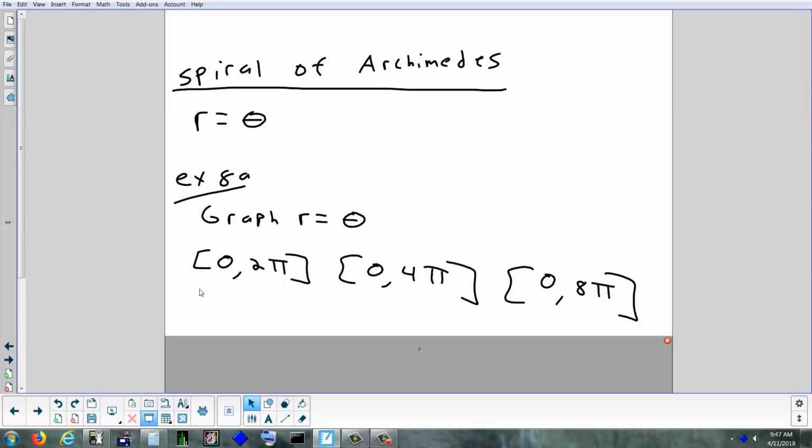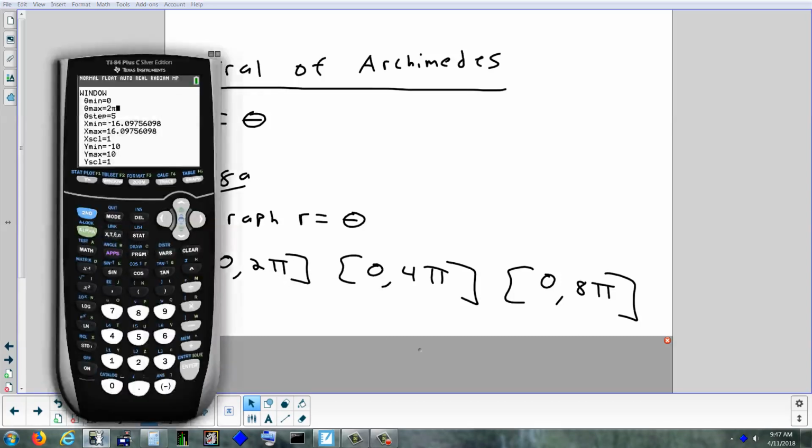Well, Ken, what do you think my biggest radius would be? Just for the first one, 0 to 2 pi. Yeah, it would be 2 pi. The radius can go exactly as big as you let the angle go, because they're the same. So when I set my window, at the biggest, my radius is going to be 2 times 3.14, okay, 6.28